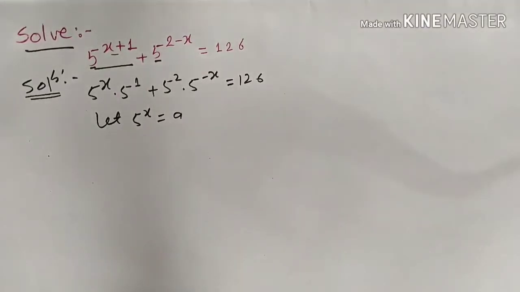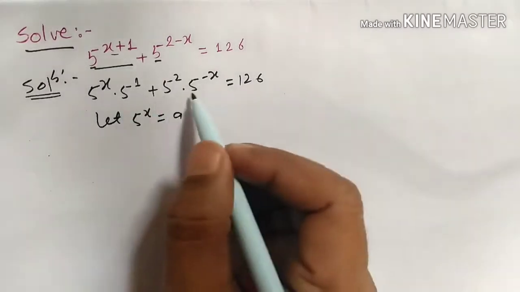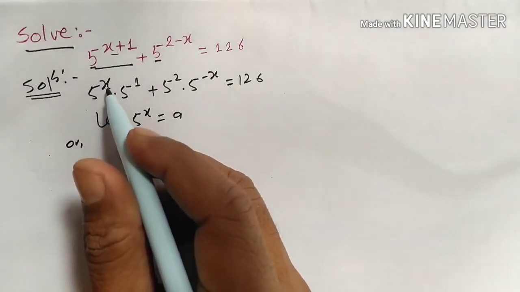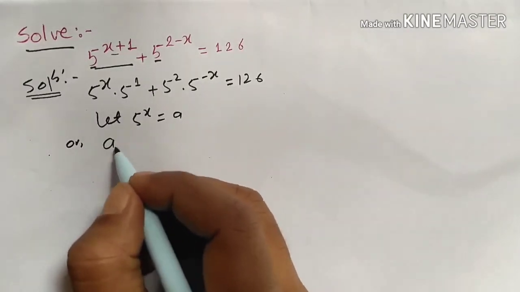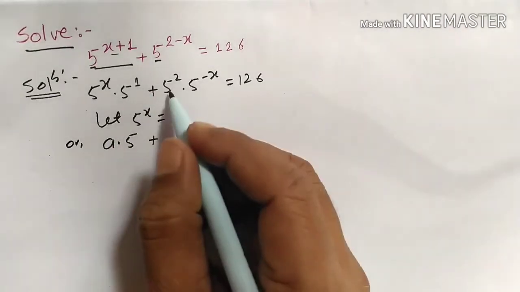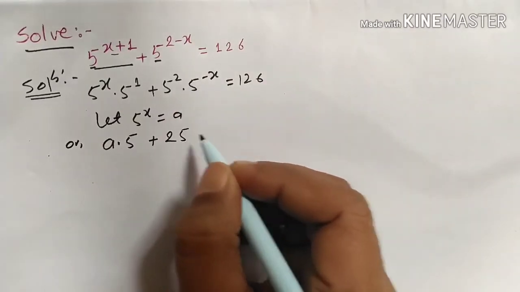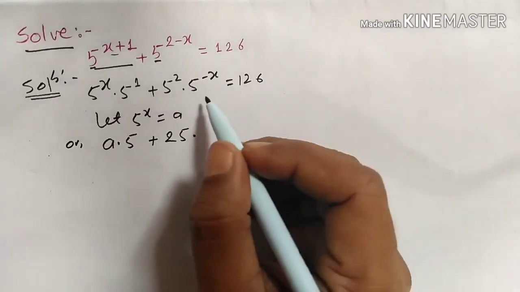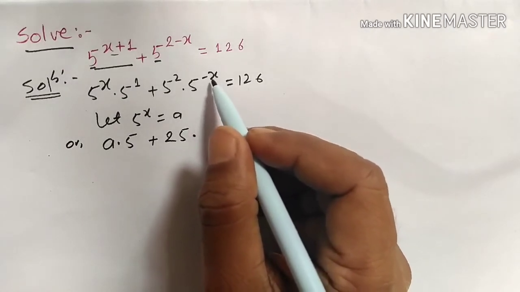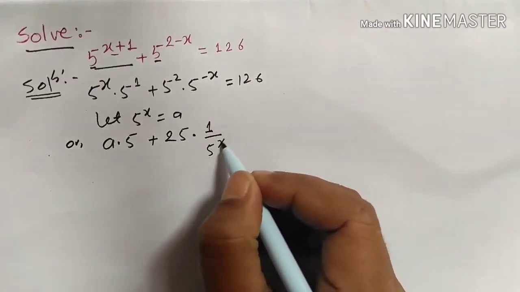And as you know, now we can consider here, let 5 to the power x is equal to a. If you take 5 to the power x is equal to a, then this term can be written as, in place of 5 to the power x you can write a dot 5 to the power 1, mean only 5, and 5 to the power 2, that means 5 5s are 25. Now here you can see 5 to the power minus x. In order to remove this minus, you can write this term like 1 by 5 to the power x is equal to 126,